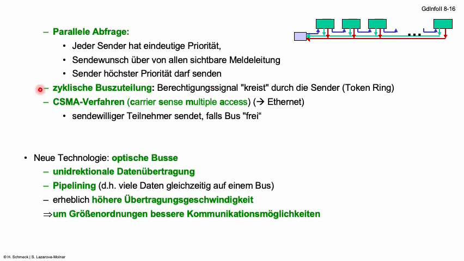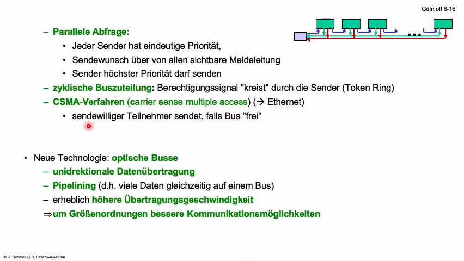Then we can have a cyclical bus allocation where the authorization signal, you can call it, circulates through the senders, such as creating something like a token ring in a way. And then we can have a CSMA approach, which is basically carrier sense multiple access, which we also have